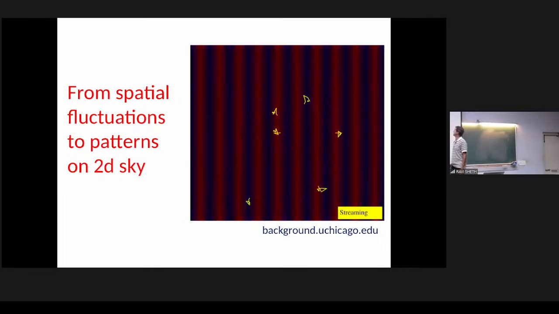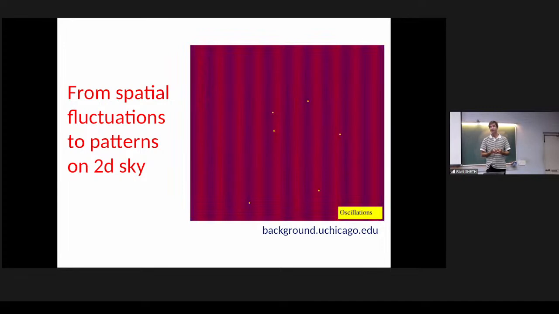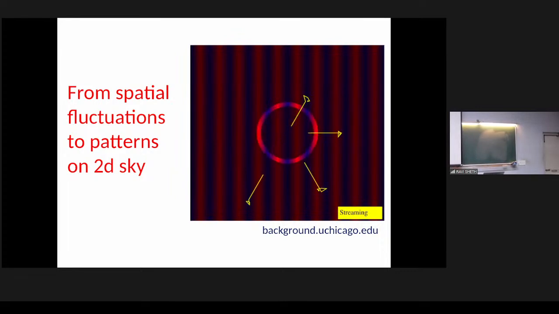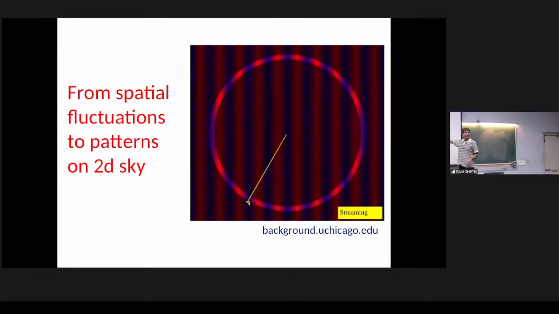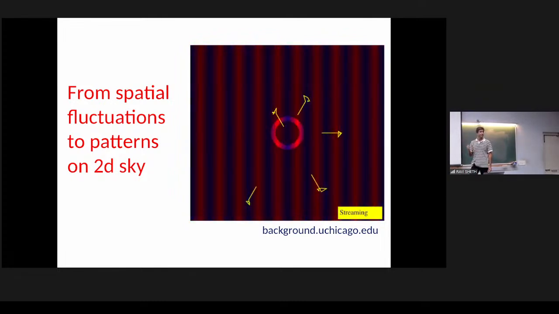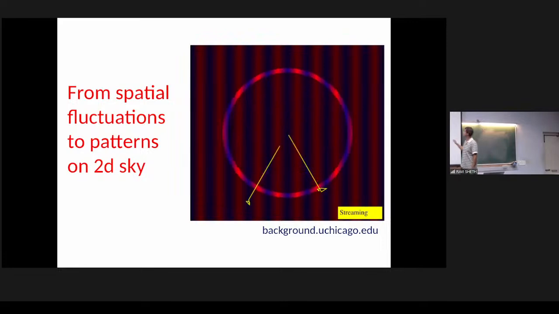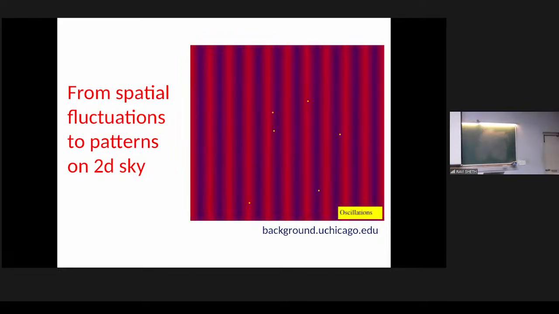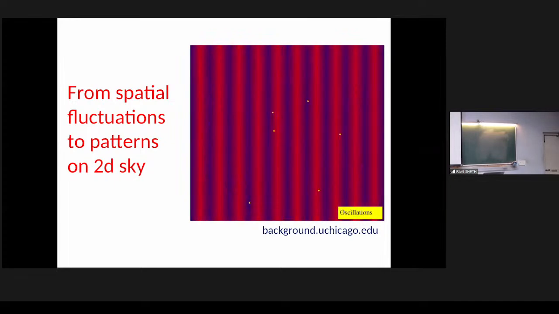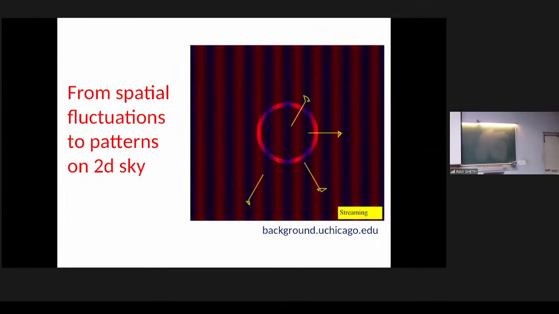Okay? Now the question is, how does that physical scale in 3D get converted into a scale on the sky? And so to try to visualize that, there's a very beautiful website for going through the physics of the CMB. So I've just taken one animation from there, but there's a whole bunch of very, very nice ones. So this one is saying, let's imagine that you have a density wave in the universe. And so you have this fluctuation, and the fluctuation is hot and cold and hot. So that's what this thing is supposed to be showing you.